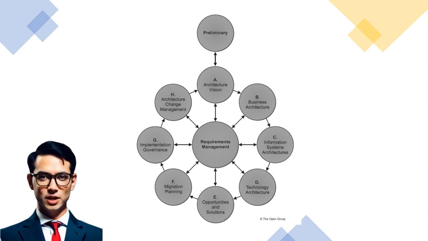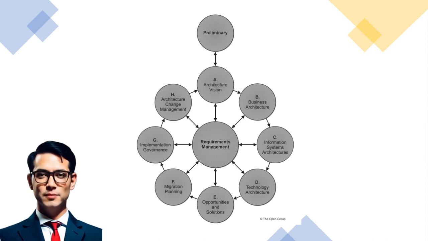The outputs of the preliminary phase include the request for architecture work, which captures the formal request to begin the architecture development process and initiates the next steps. Architecture principles are also defined, serving as the guiding rules and values for making architectural decisions. Furthermore, the architecture governance framework is established, providing the structure and processes for managing and governing the architecture throughout its